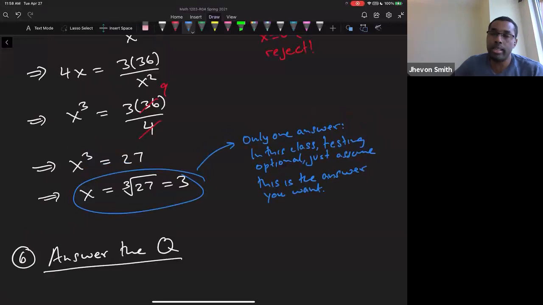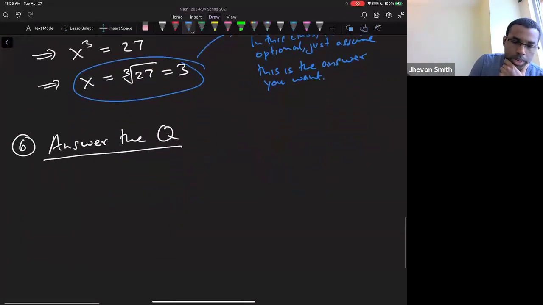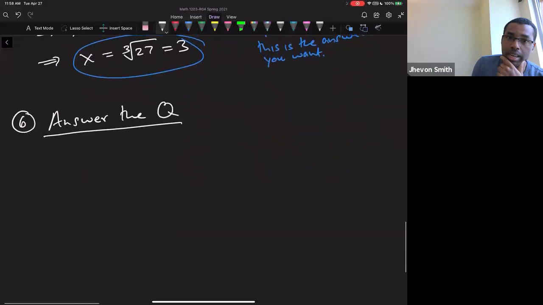The only way I'd recommend testing in a class like this is if you have several possible answers and you want to choose one among them, then you might have to do some sort of test to see who's really giving me the minimum versus the maximum. But now we want to answer the question. So we need a design,